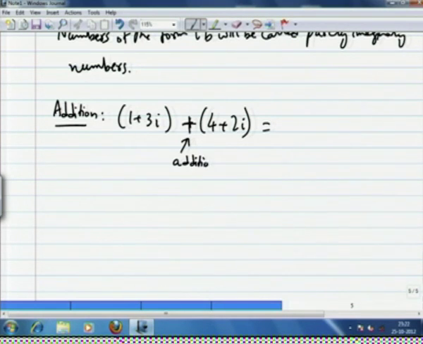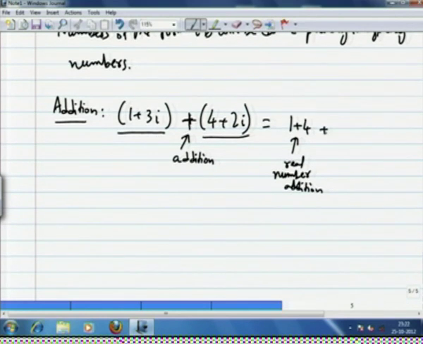We are adding a complex number 1 plus 3 I to the complex number 4 plus 2 I. In the intuitive way, we will add 1 plus 4. This is real number addition, because the real part is a real number, and then plus I times